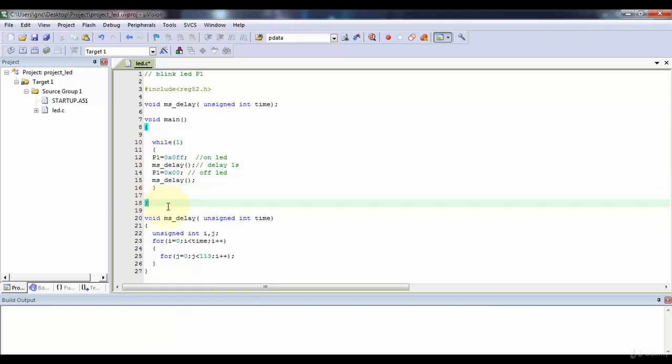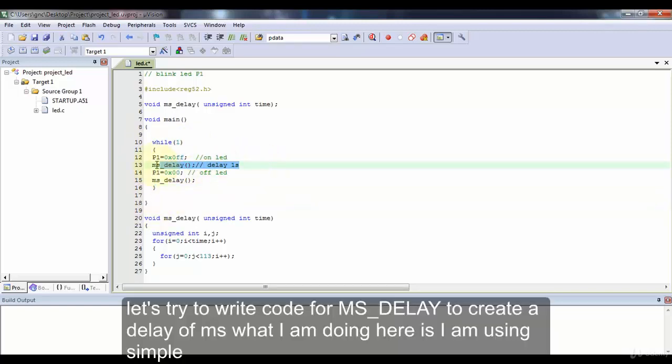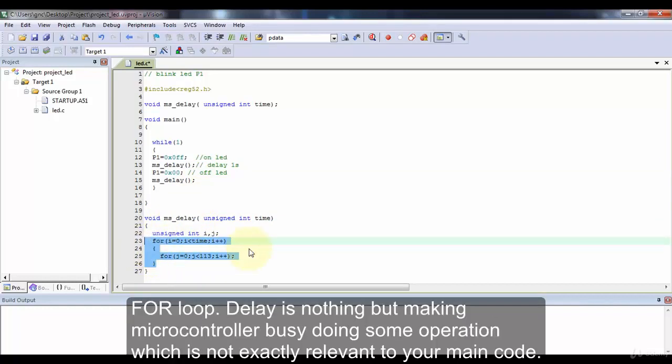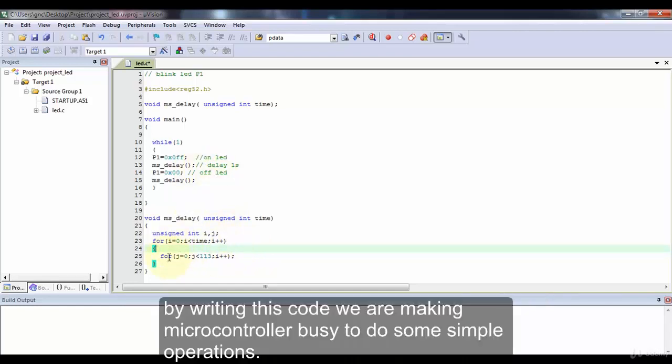Then let's try to write code for ms_delay. To create a delay of a millisecond, what I am doing here is using a simple for loop. Delay is nothing but making the microcontroller busy doing some operation which is not exactly relevant to your main code. So by writing this code, we are making the microcontroller busy doing some simple operations.